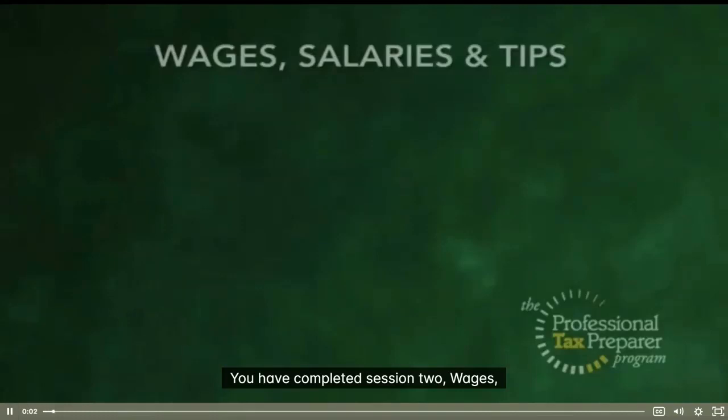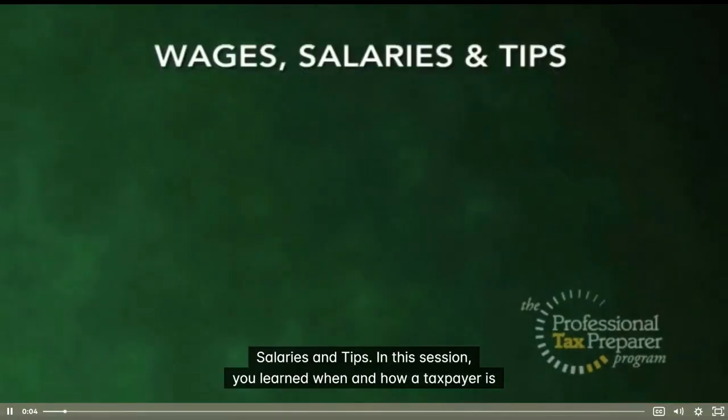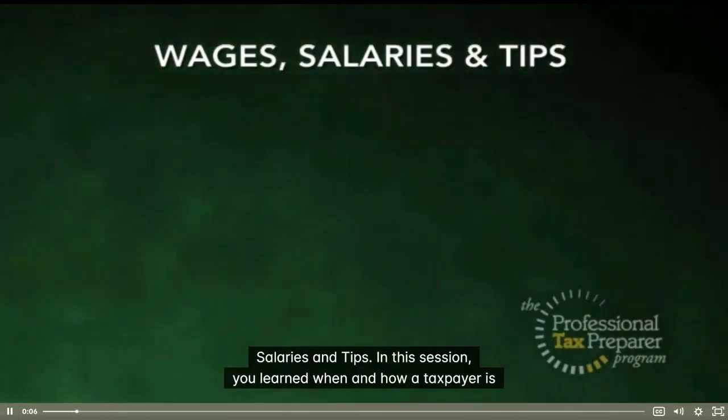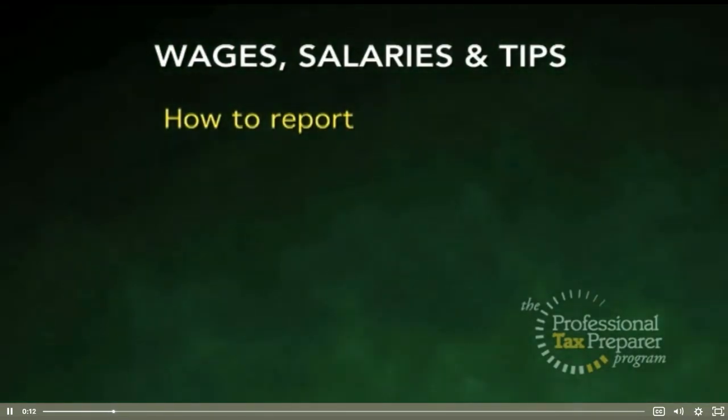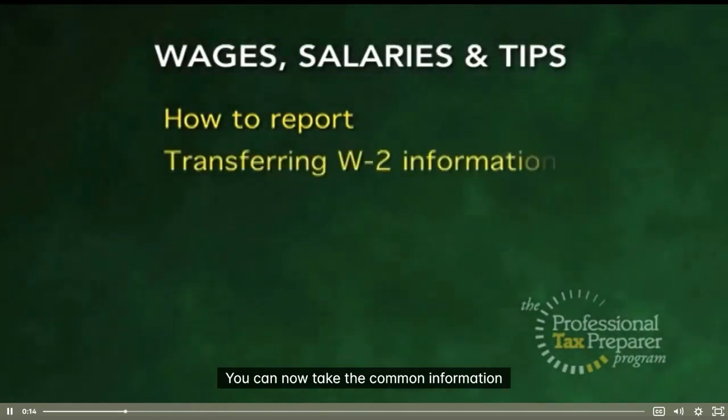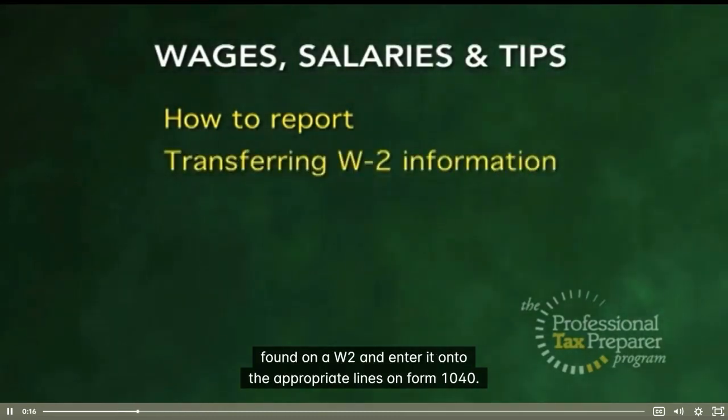You have completed Session 2, Wages, Salaries, and Tips. In this session, you learned when and how a taxpayer is to report wages, salaries, and tips received from employment. You can now take the common information found on a W-2 and enter it onto the appropriate lines on Form